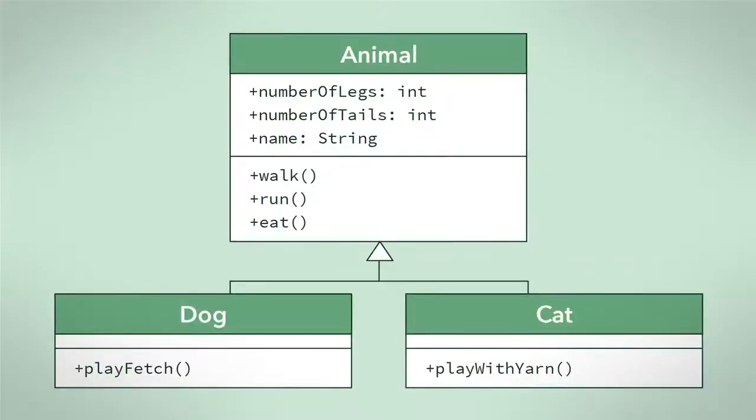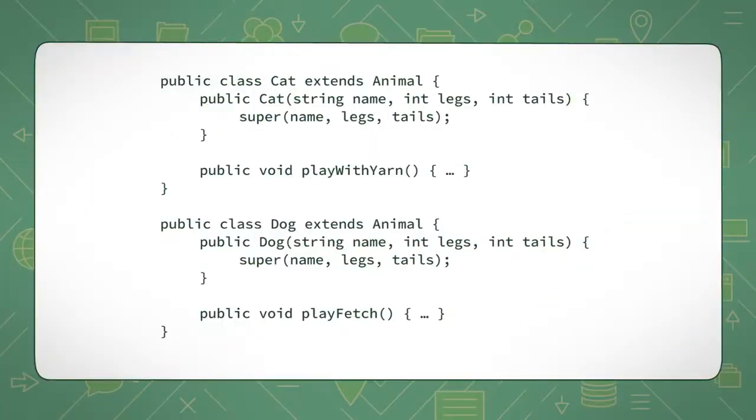For example, the dog and cat subclasses can each only have implementation inheritance with one superclass, which is animal. The animal superclass, however, can have any number of subclasses, 2 in this example. To implement this in code, we simply have the cat and dog classes extend the animal class. Now we have a cat and a dog that behave like an animal without having to explicitly write code for them. They also have their own behaviors.